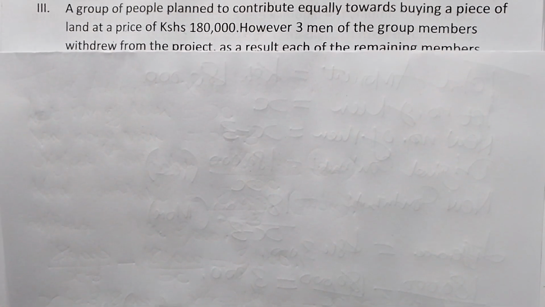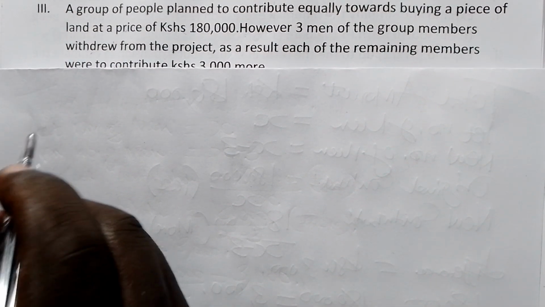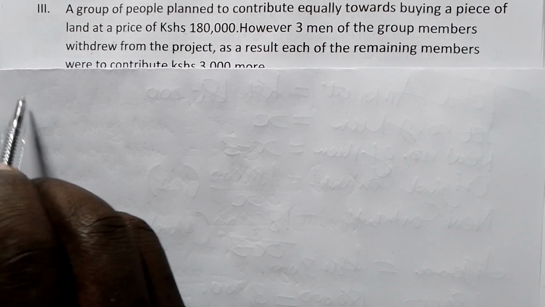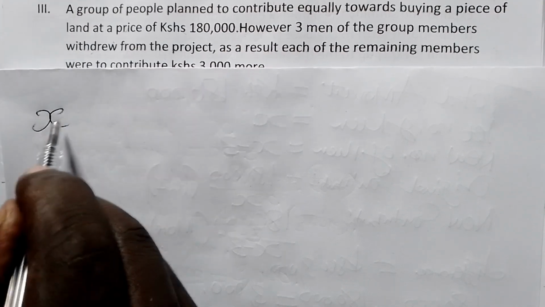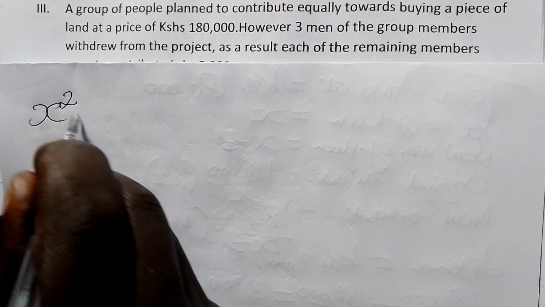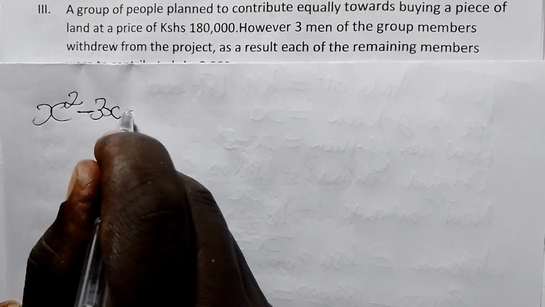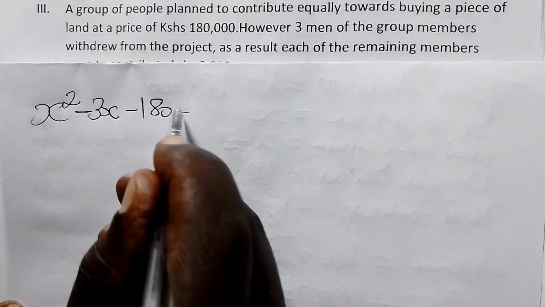So, having gotten our equation as x squared minus 3x minus 180 is equal to 0,